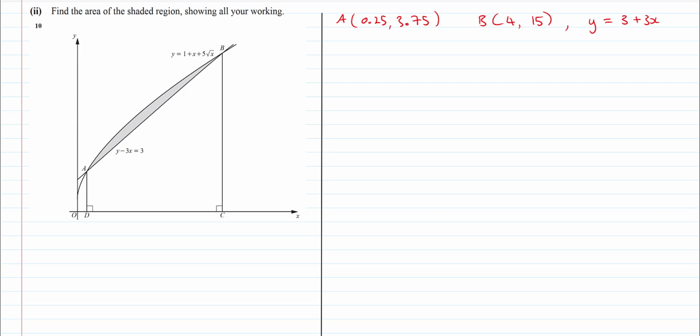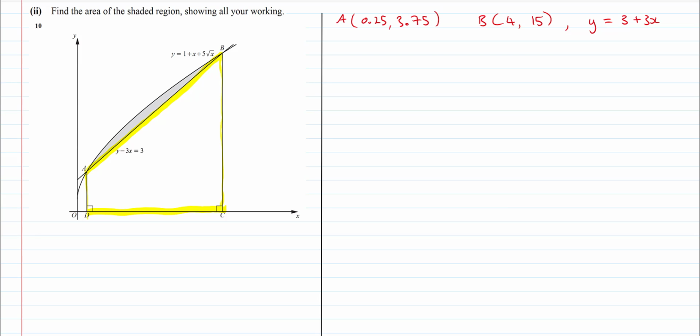So we can do that by integration, and then we can find the area of this trapezium here, which I'm just highlighting the edges in yellow. We can find the area actually without integrating, and then we'd subtract the area of that trapezium from the area under that curve, y equals 1 plus x plus 5 root x. But seeing as we have to integrate anyway, we're going to solve this problem by taking the difference of two